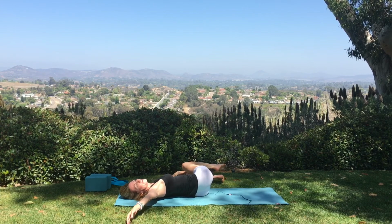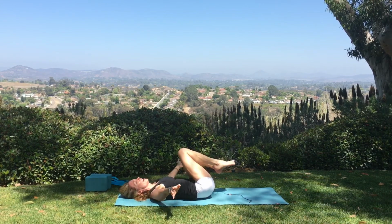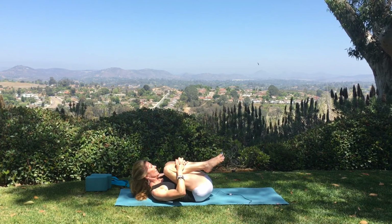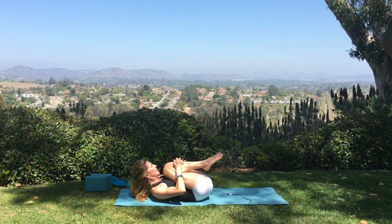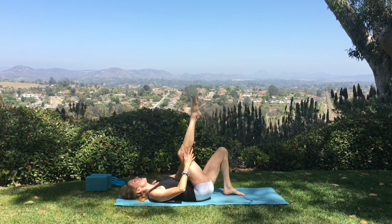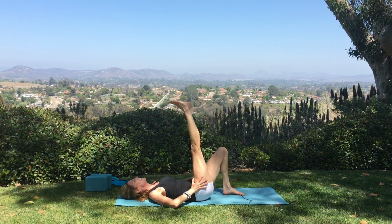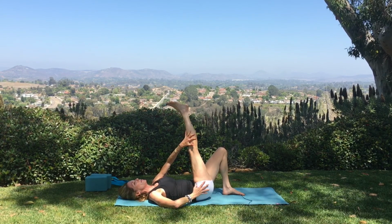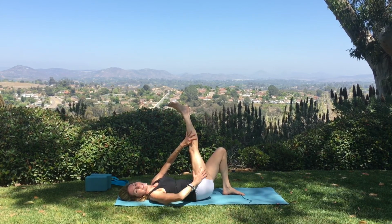Bend that top knee, bring them back to center. Hug everything into your tiny little pebble, stretching through the back body. And then lowering down the left foot, extending the right leg long, just like before, the IT band. Extend everything, flex that foot, and then just float your hip over, keeping it in alignment, the leg and the